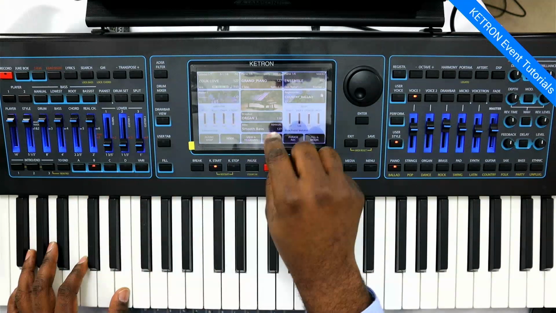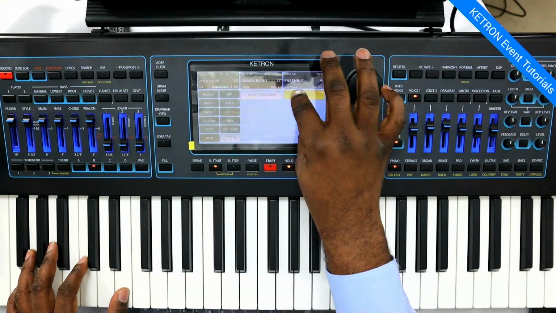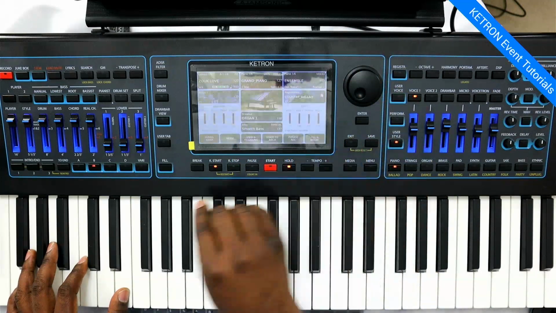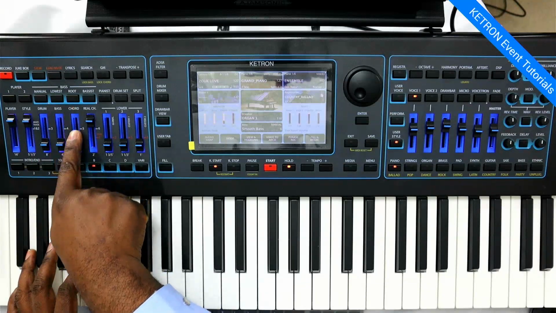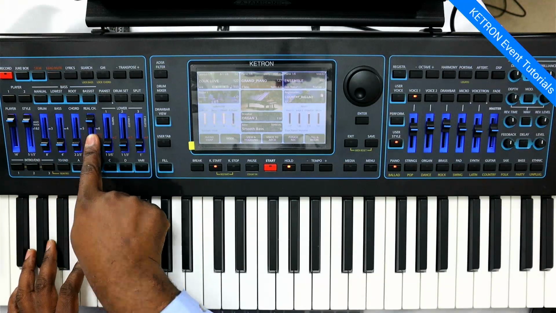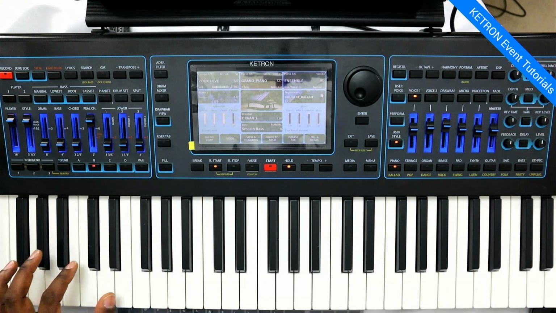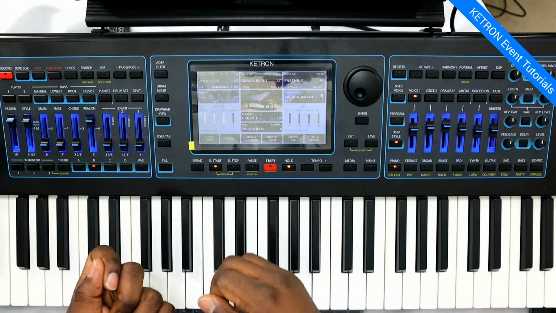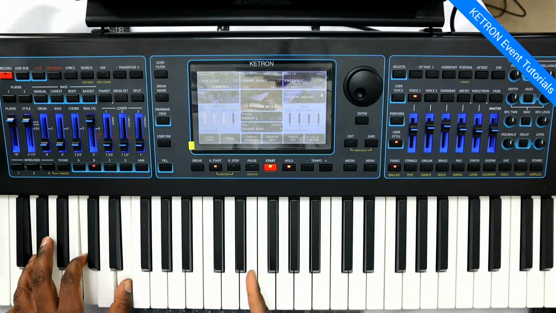So right now I'm going to go to my user style location, user style Latin, and pick this style called Zouk. And I'm going to remove the drums and remove the bass and remove the chord. I want you to hear just the real chord, which is the live guitar that's going to be performing as I do the style and change the chords. Again, this is one of the strengths of the event, being able to change audio. Everything you're going to hear right now is a live guitar player, okay? But now I'm going to be able to change those chords by changing chords,